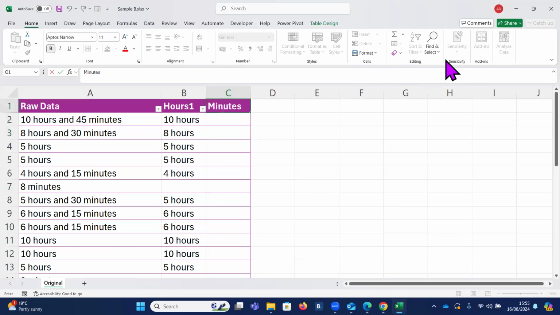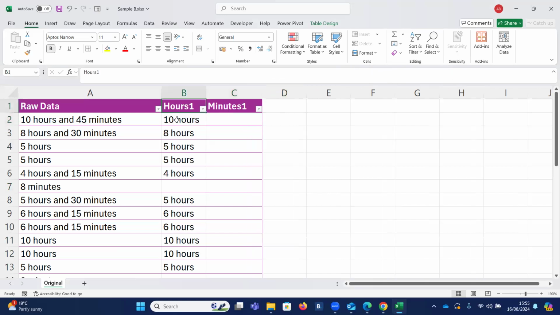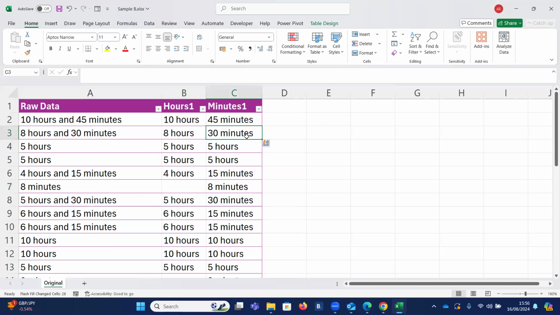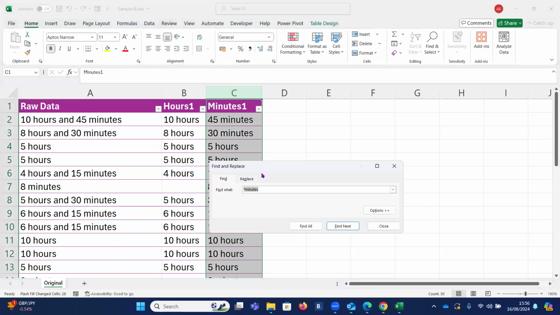Let's practice doing minutes. Let's pull through the minutes information. So where in column B, we've just pulled through the hours information based on the raw data, here I want to pull through the minutes information based on the raw data. So I've given Excel a clue. I know that for row 2, it should pull through 45 minutes. And then I'm going to use flash fill. Now I'm going to get the same problem because obviously there are some that it's going to pull through hours information. I'm going to use exactly the same methodology for column C using find and replace